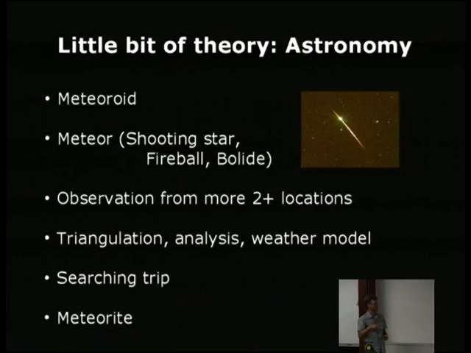We analyze it, put in the weather model to find out what was the behavior of the rock in the dark flight, because after this luminous flight, which is between the height of about 120 kilometers to 30-40 kilometers based on the size and angle of entry to the atmosphere,